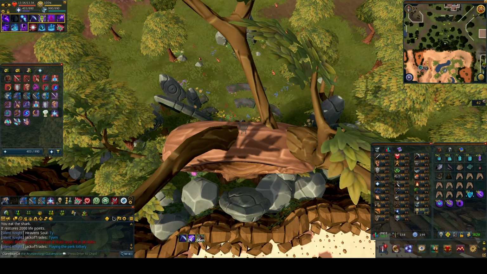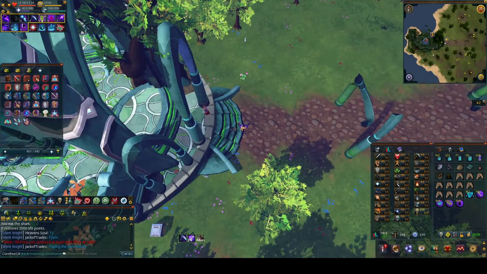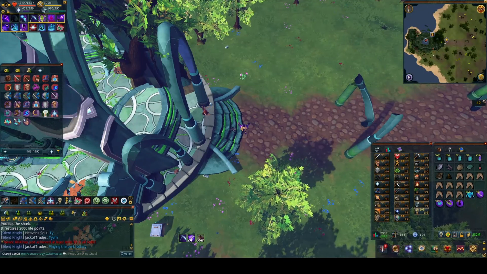Once you've gone through the chat, we're going to head to the Memorial to Guthix. Now, the easiest way to do this is to go in your currency pouch, use the memory shards and teleports. If you haven't got them, you can teleport to the Eagle's Peak lodestone and run south. Once you get here,